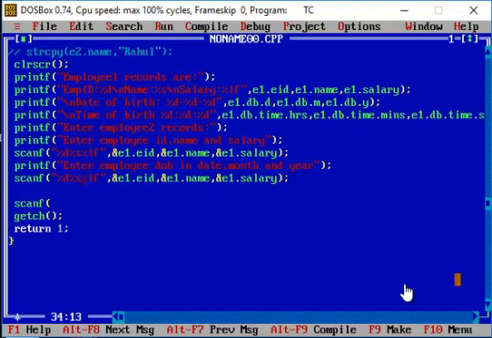All these three pieces of information are of integer data type, and I'm going to make use of the structure variable followed by the structure member, that is db dot d for date, and again the structure variable name followed by the structure member, that is db dot m for month, and again the structure variable name followed by the structure member db, and then y for the year.